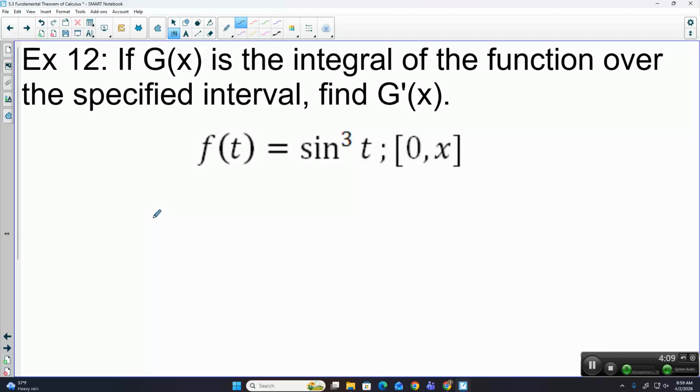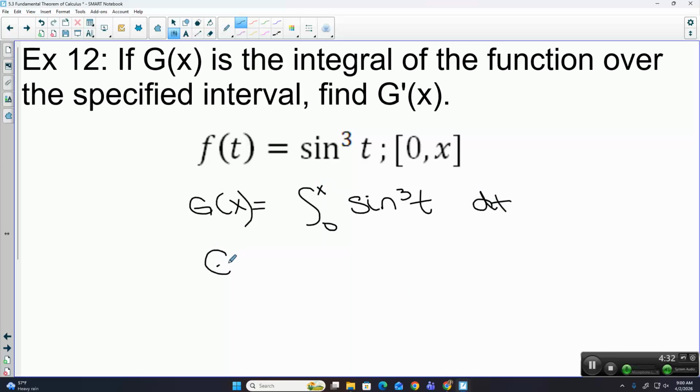Look at this one. You guys take a second and try it. So it tells us g is the integral of this function over the interval 0 to x. So the derivative of g is the derivative of this integral, so it would be